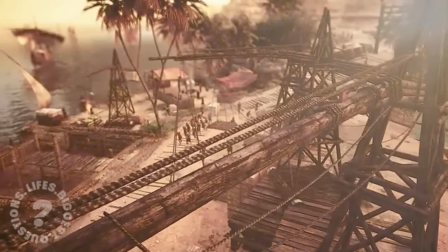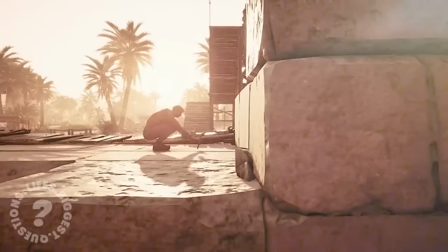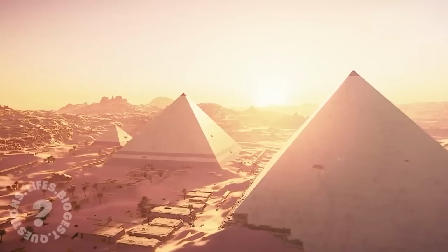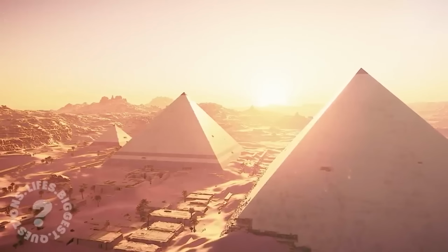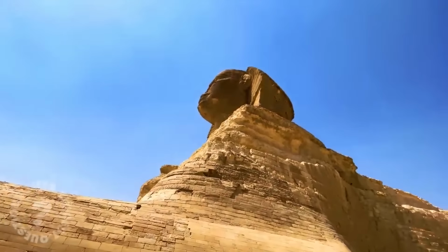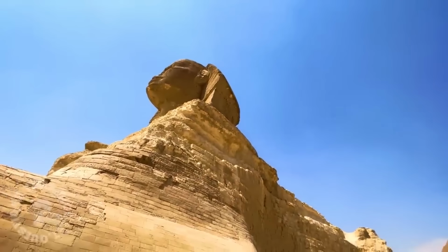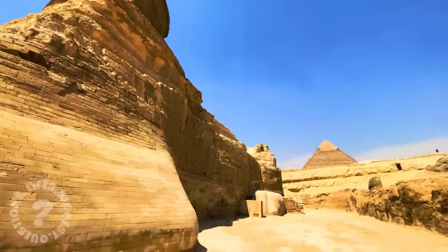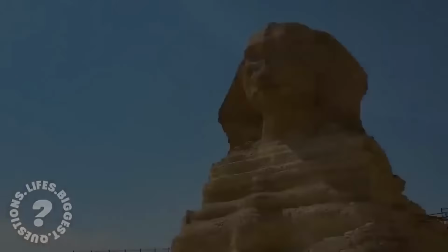Dynastic Egypt, as we know it, going back to about 3000 BC, was really a legacy of what I call now an earlier cycle of civilization. As a geologist with a geological eye, this was not weathered by wind and sand. This was not desert erosion and weathering that I saw on the Sphinx, the body of the Sphinx, which is